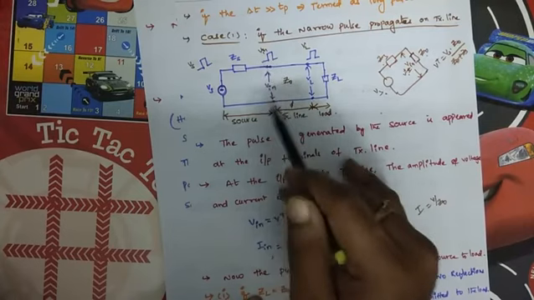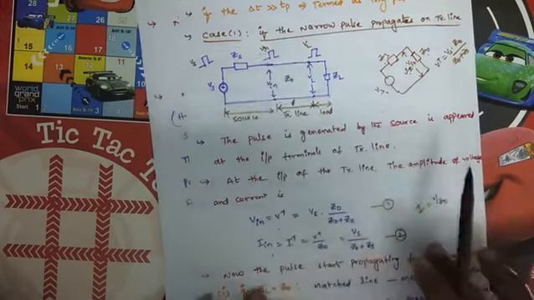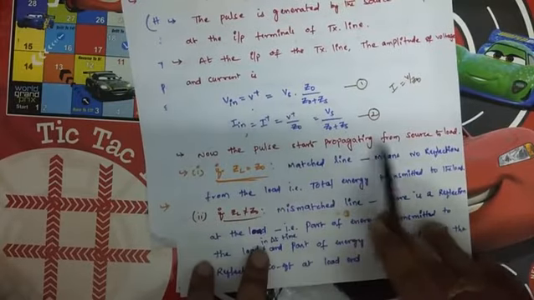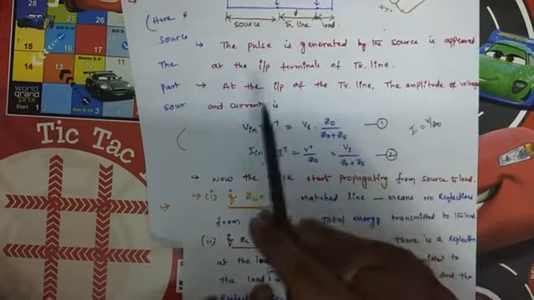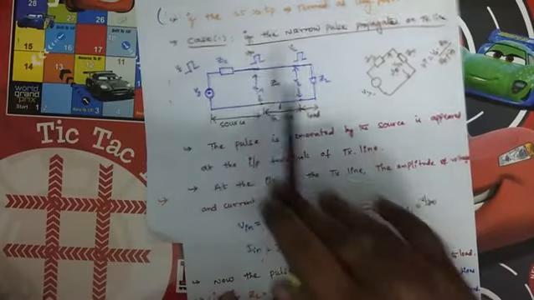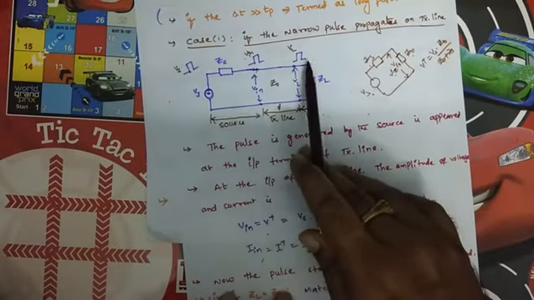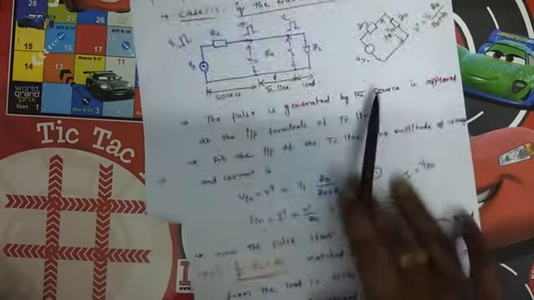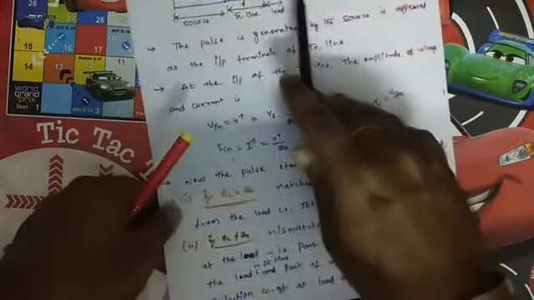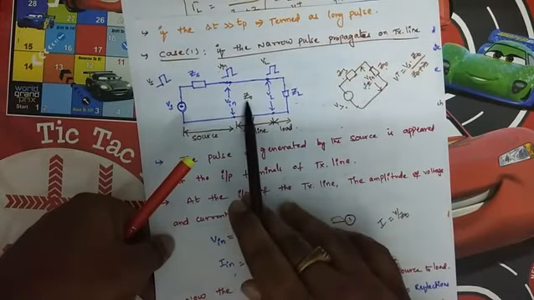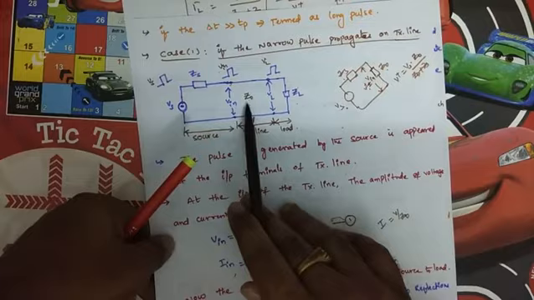Now the pulse starts propagating from source to load. From here to the load it starts propagating. Now again two cases will come. If the load impedance is not equal to the characteristic impedance of the line, then we